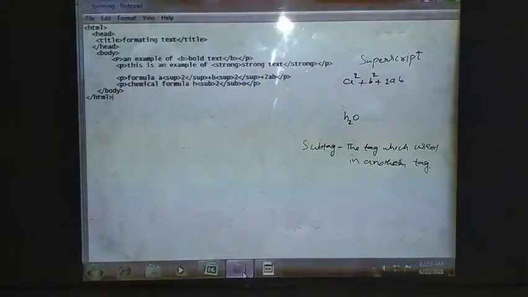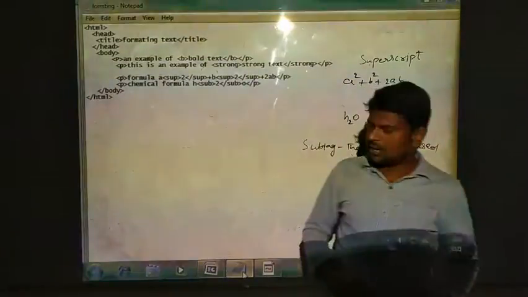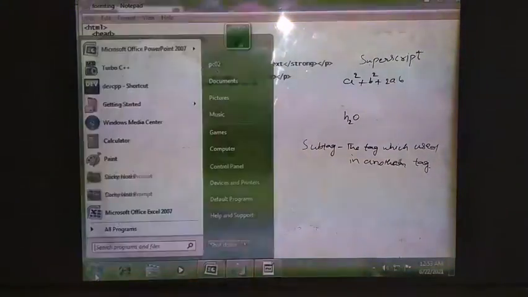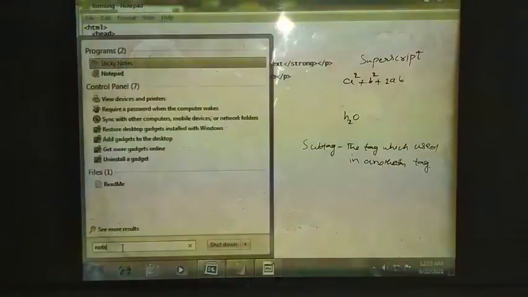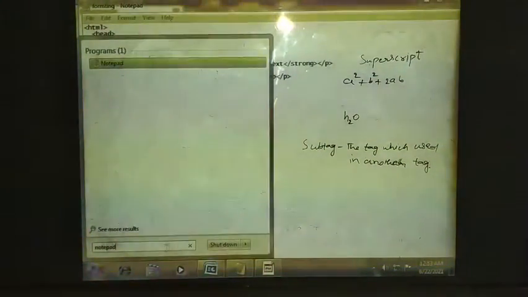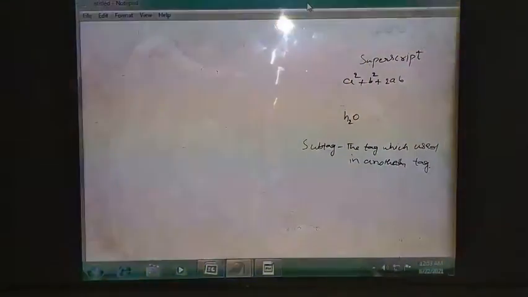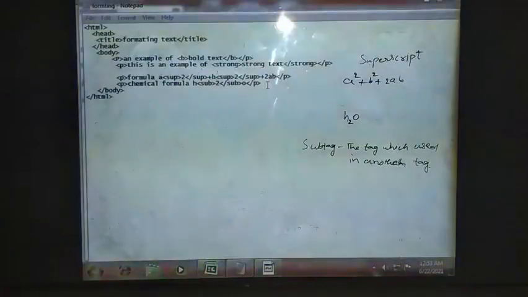So this is the structure we need to write. In general, how to write a HTML program? I will show you once. Here in start button you can click on it. Here you can type notepad. If you see notepad somewhere, you can go, or you can type notepad. Okay. After this you hit on enter. The notepad window will be displayed like this. Here you can write the code. So in the same way I did here, I wrote the code.